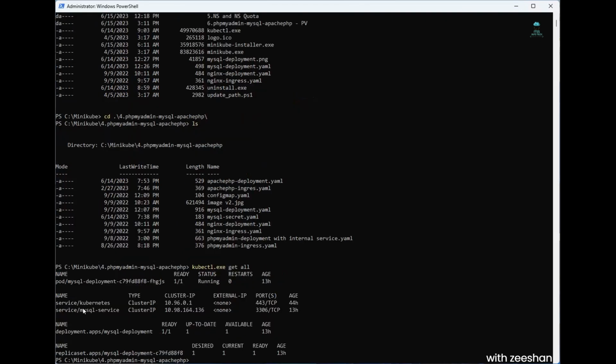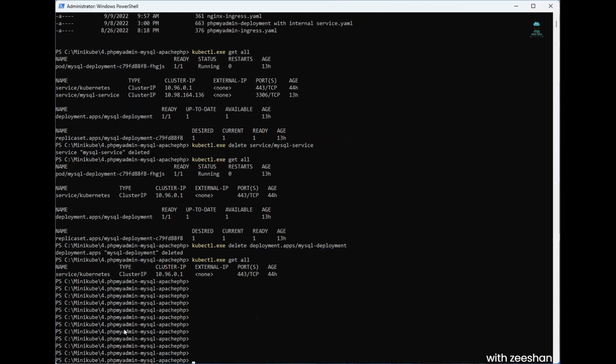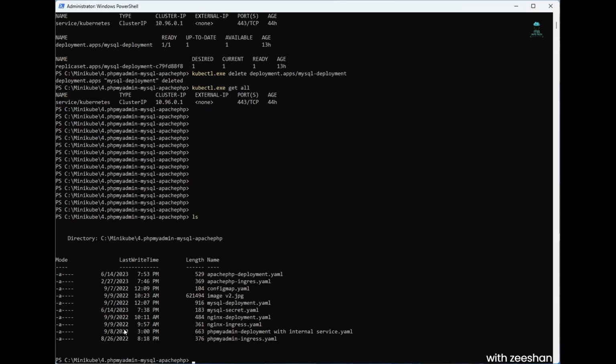Okay, I have just one service running, and let's delete it first. Okay, now it's better that I delete the deployment. Okay, now we are clean. So first, we know